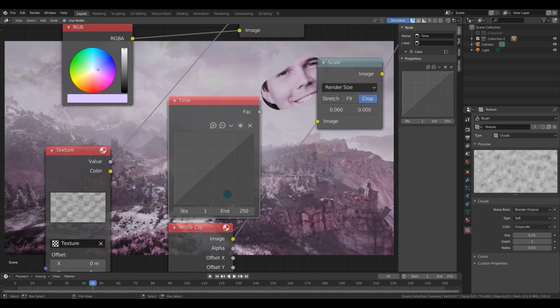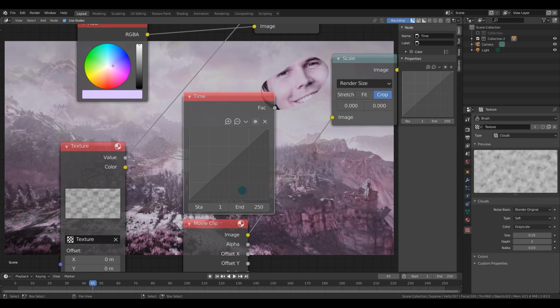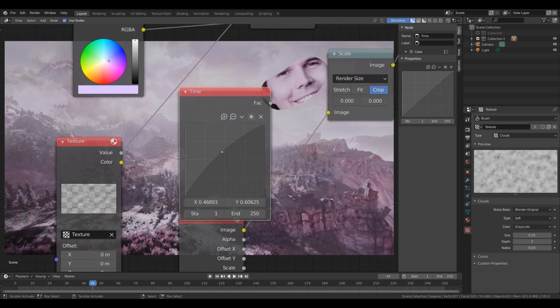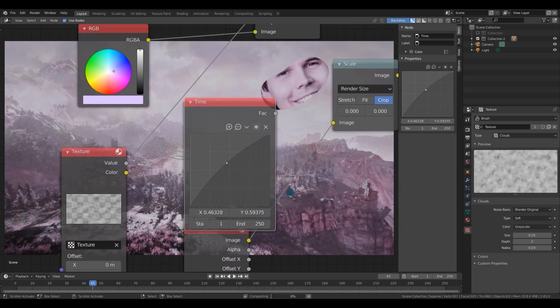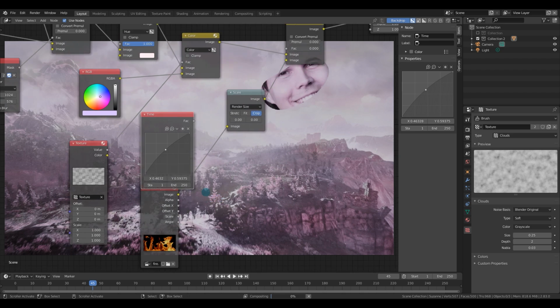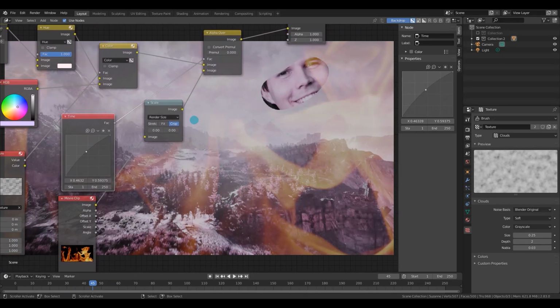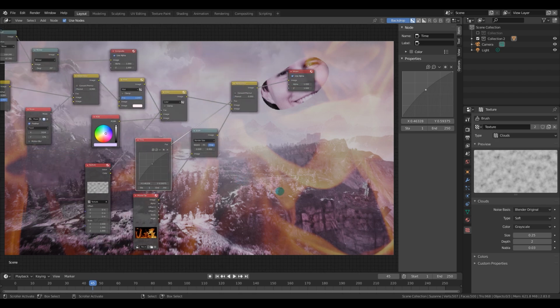The time node outputs a value from 0 to 1 based on the progression of time from the start frame to the end frame. You can alter this output with the curve parameter. It's a little outdated due to the graph editor, but it is still cool that you can animate some sort of image fading in over this beautiful masterpiece. If you're wondering exactly what I'm creating here, by the way, so am I.